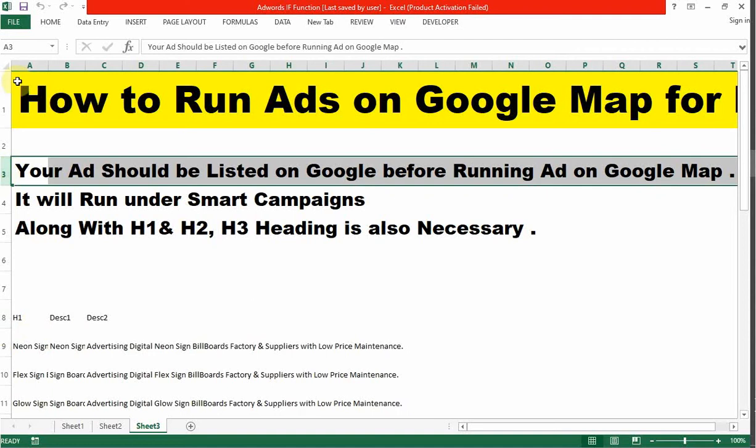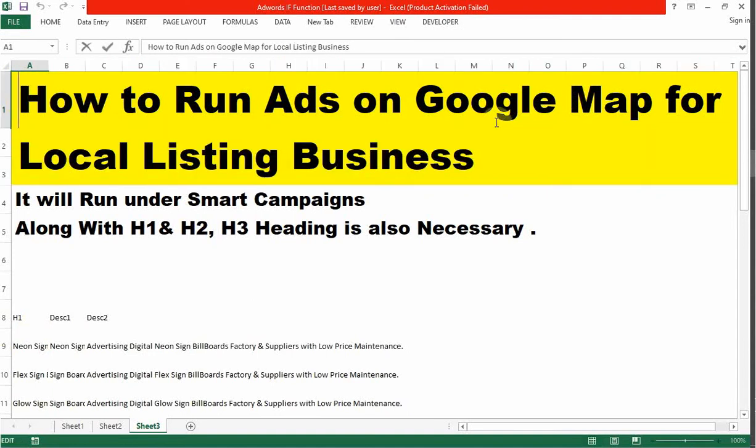And it is very beneficial for local listing businesses who supply services and products within specific kilometers, and whose business supplies and services are present in the local area or some regions.